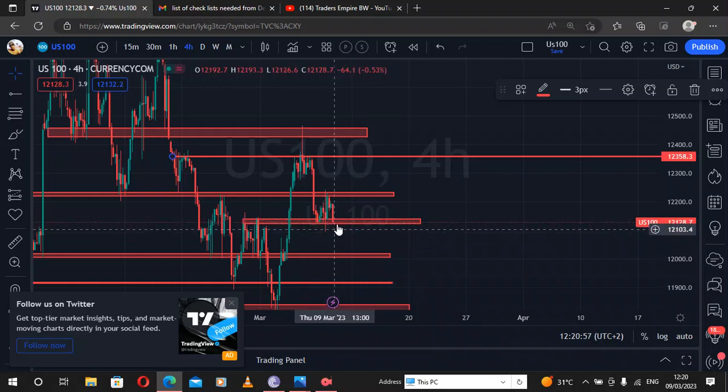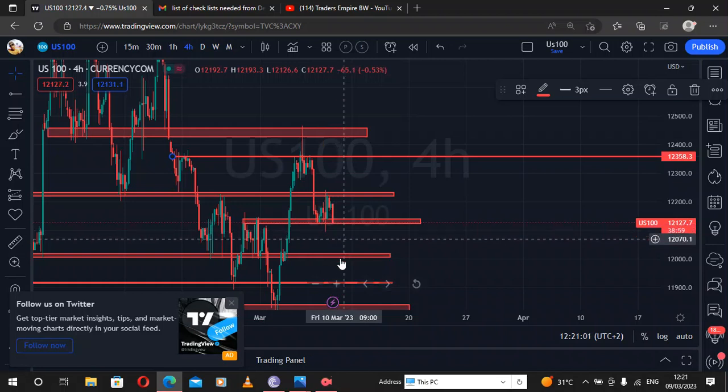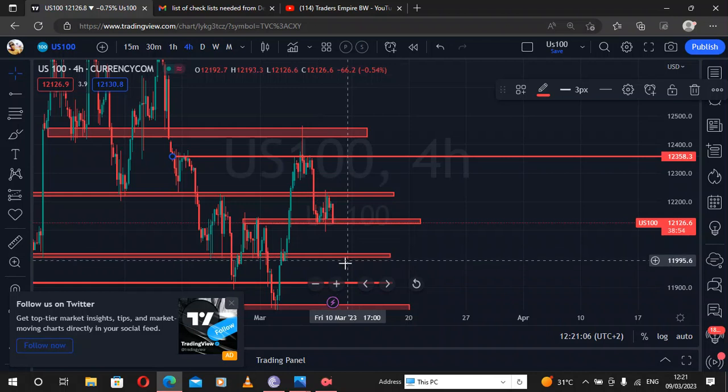So once we get a break and close below the zone, then we are selling to the zone. And if we break the zone and close below it, we are coming to this zone. But if we reject this zone, it means we are coming back here. Mind you, we'll be making a series of what? Lower highs and lower lows. It's the way the market operates. It goes to a discounted price, back to a premium price, back to a discounted price,